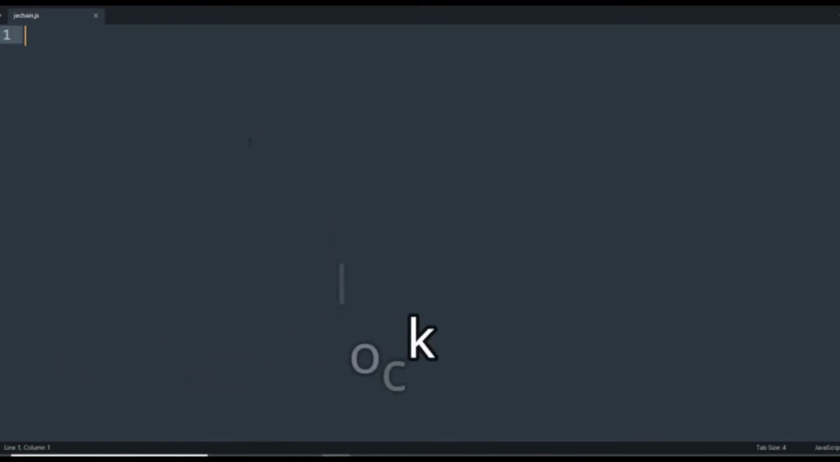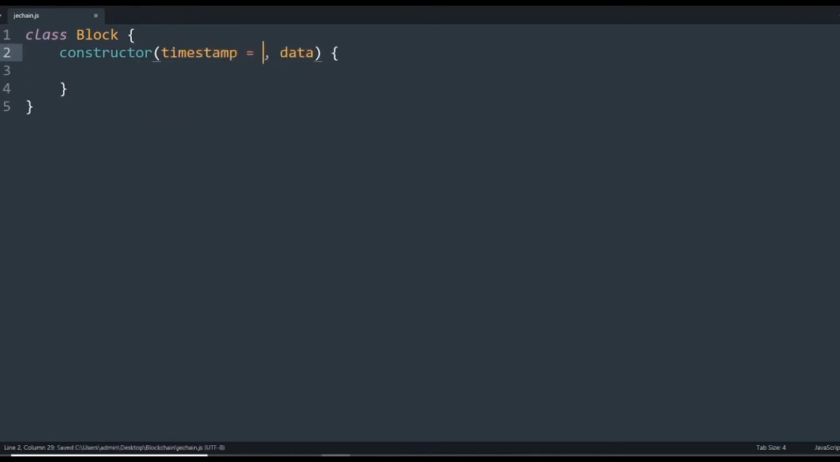So as I've said, the blockchain consists of multiple blocks represented as objects. So we should have a block class to easily create blocks. So it should have information like timestamp and data. So we're just gonna create a class called Block, and we have our constructor, which we're gonna pass in timestamp and data. Timestamp is gonna be a string originally, and data is gonna be an array. So we're gonna have our timestamp,